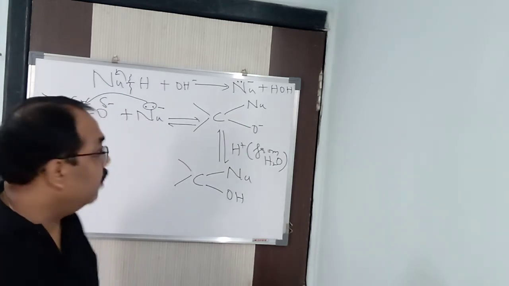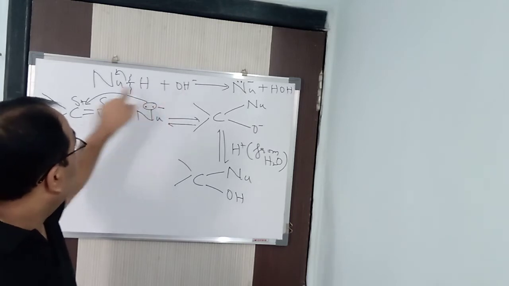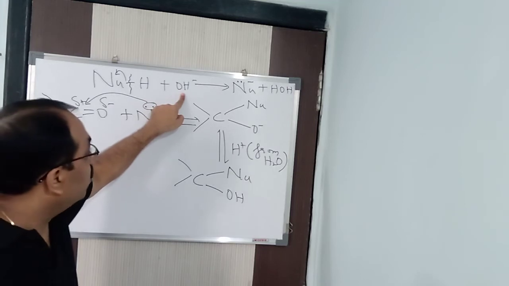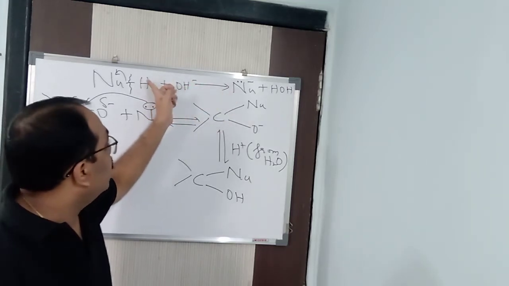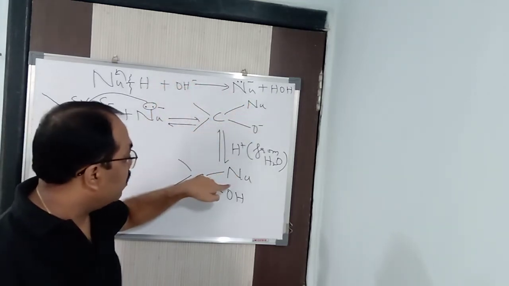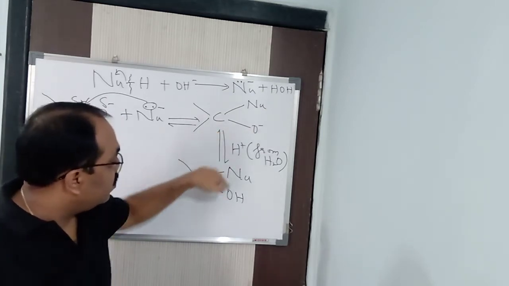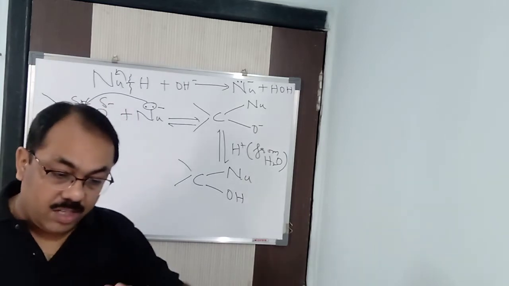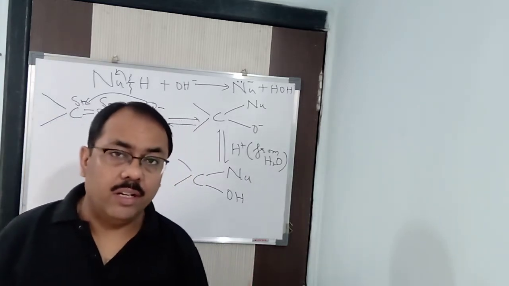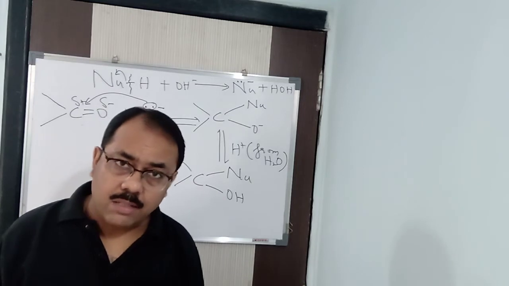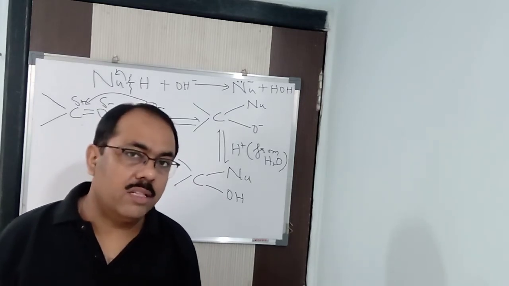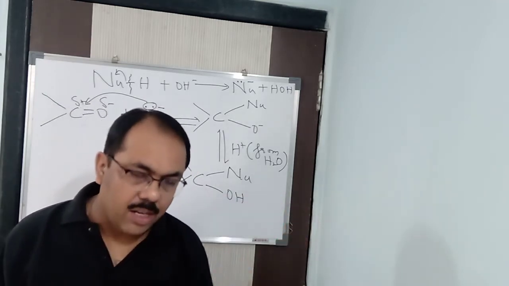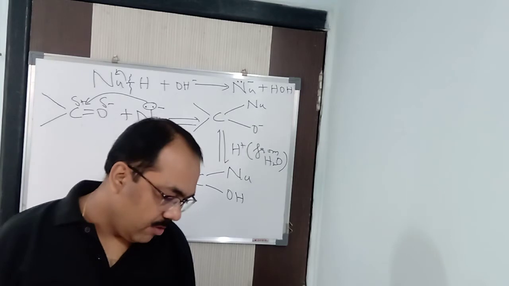So how is it a basic medium? See, initially only, the nucleophile will be NuH. How will the nucleophile be produced? That is, the first OH minus reacts with this particular H plus ion to form water. From there you will be getting H plus ion, and that H plus ion reacts with this oxygen ion to form a stable compound. The only difference is that the medium is different. In the first, it is catalyzed by acids. In the second, it is catalyzed by bases. Because in the previous case, it was a weaker nucleophile, and now it is a stronger nucleophile, as I already said. Fine.